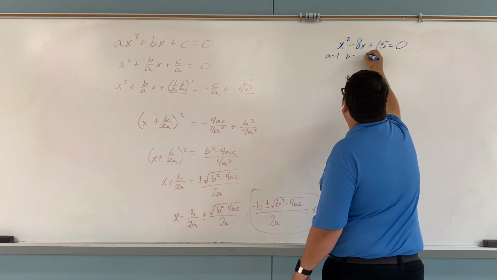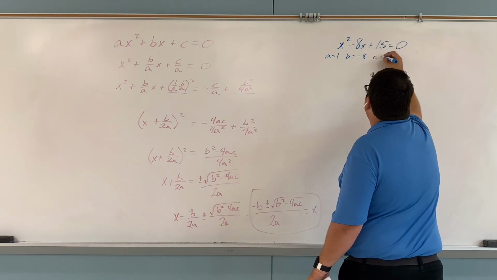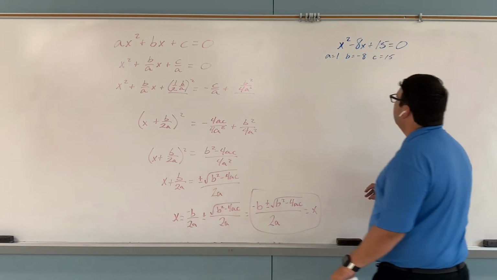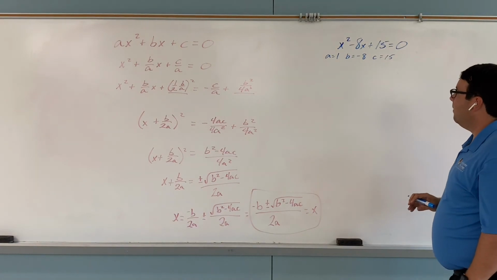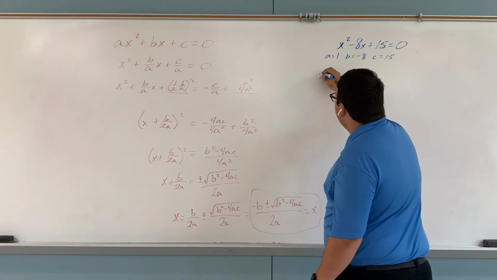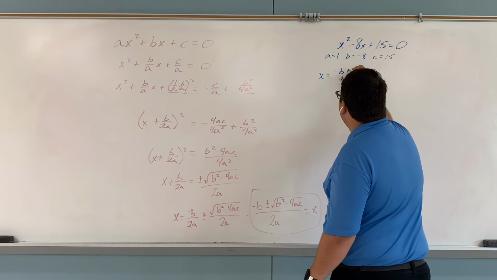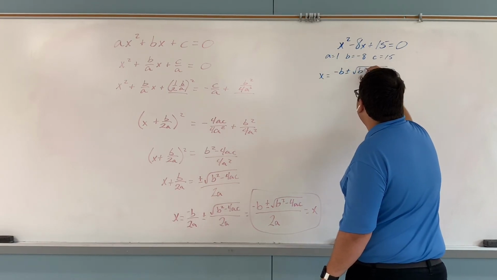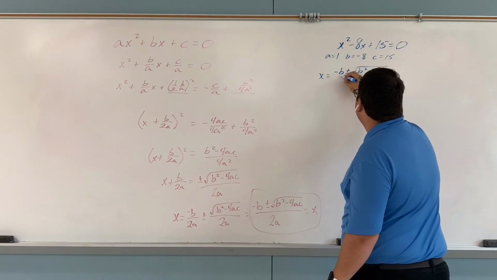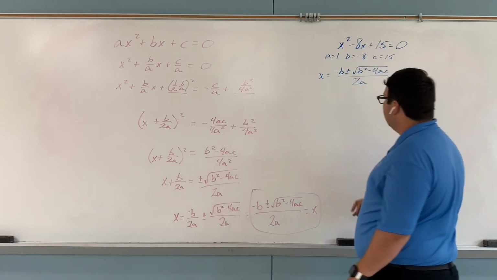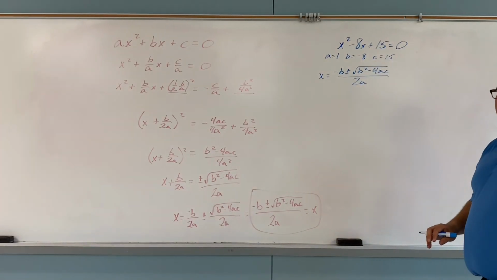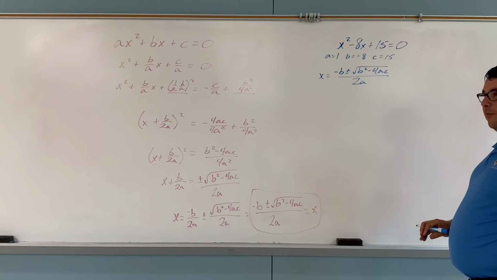B is negative 8. C is positive 15. So there are my three terms, A, B, and C. I know x is equal to negative b plus or minus the square root of b squared minus 4ac, all divided by 2a. It sounds crazy, but when you actually sing it, I notice people on a test, they're like,